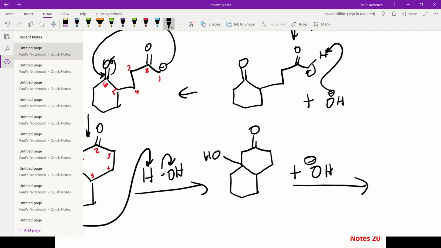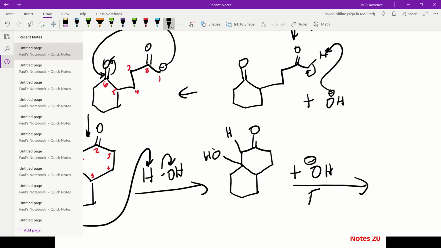When we have those conditions, we are going to find the alpha proton that is next to the carbon that has the alcohol on it. So yes, this is an alpha proton, and that's an alpha proton. But we are looking for the alpha proton that is adjacent to the alcohol,